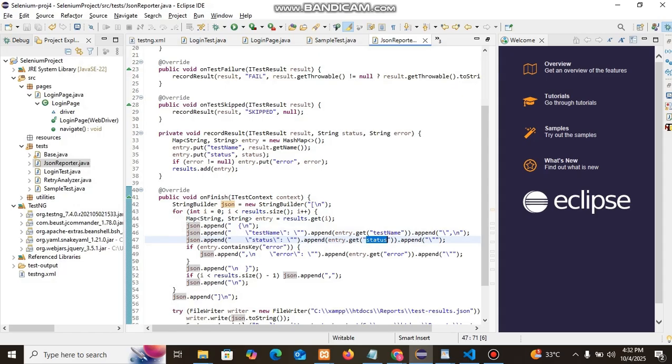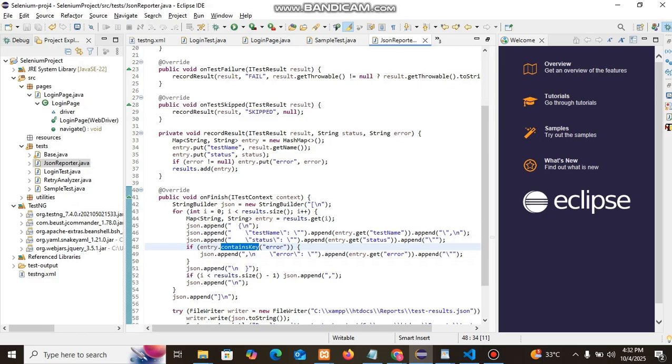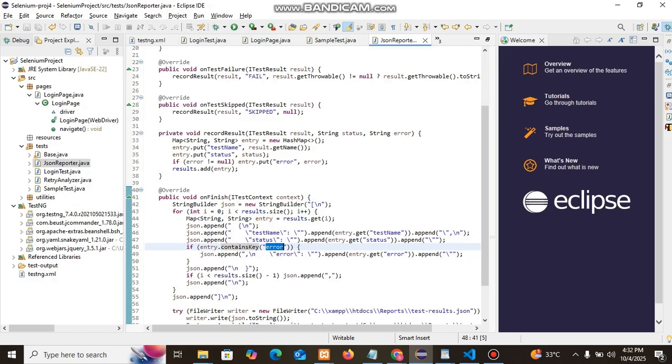We will have some status with the property status and value. We are going to place it here with entry.get, and if error is not equal to null for the entry, if the key contains error, we are going to add the key also for the JSON,